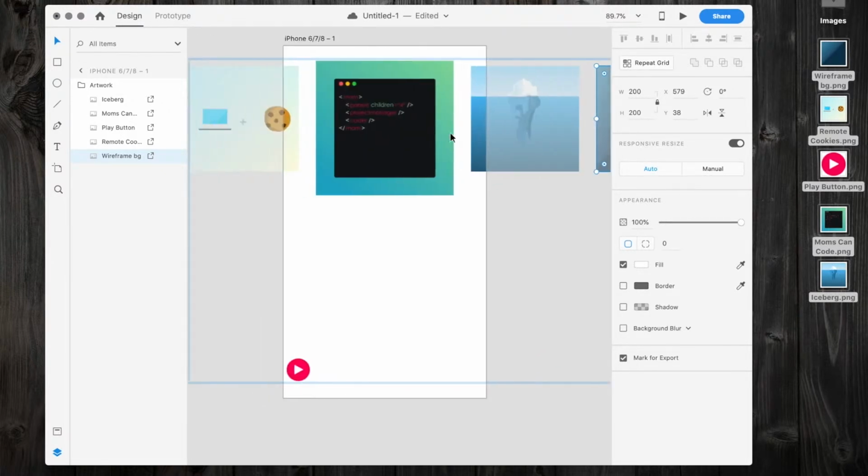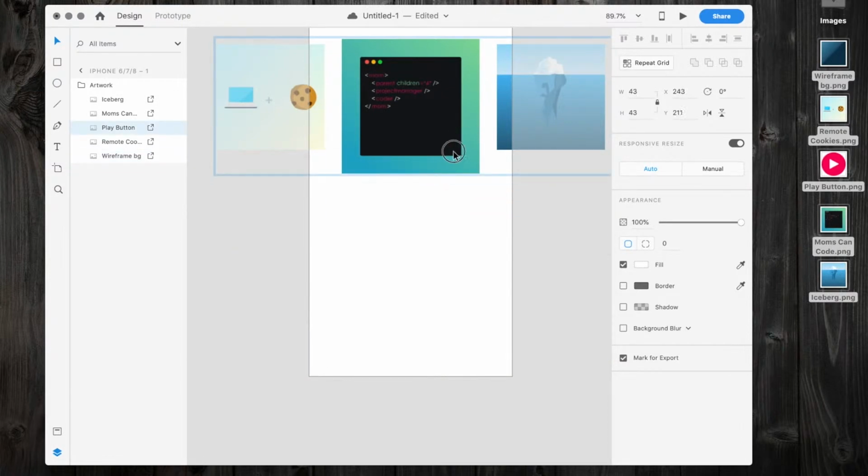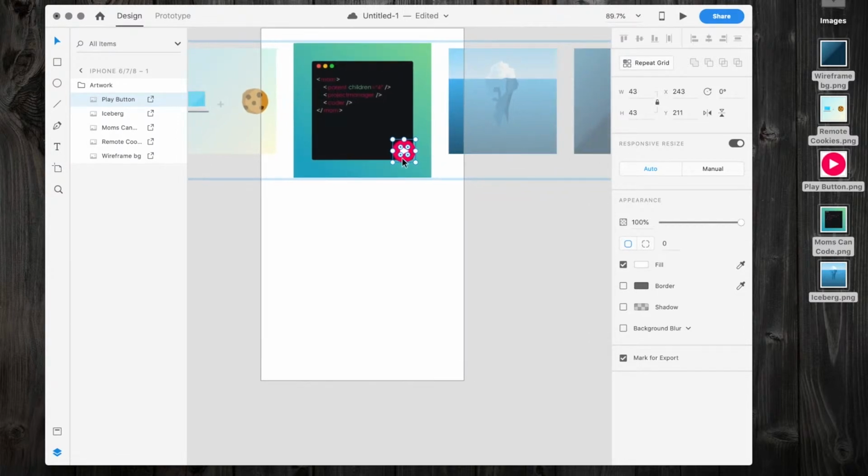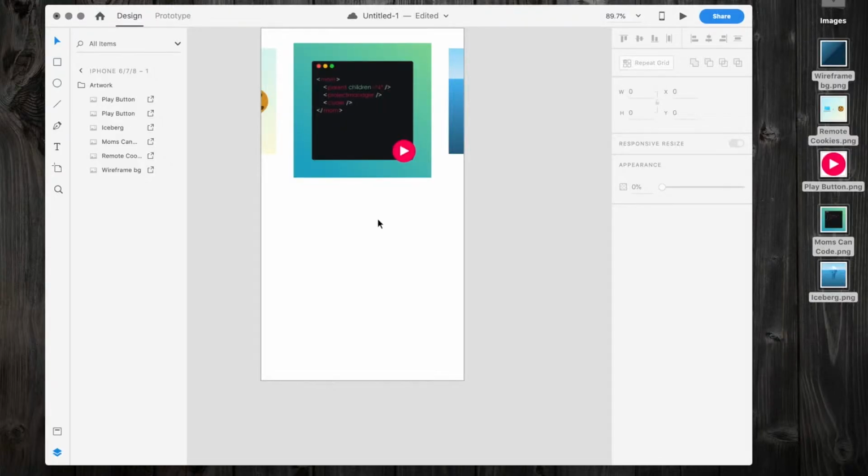So I think that all looks about right. Now I've got a play button here. It needs to be moved to the top. And I'm actually going to grab this and toss in another one because we want another one of these. So I'm going to hold down my Alt key and I'm going to just drag and drop that over to here. Now I said I was going to explain this later, so here we go. I have put some of these off the screen because basically what I want this to do is allow us to drag these over and move back and forth between episodes by just swiping across like you would any normal slideshow or carousel. But for now, we are going to put that away